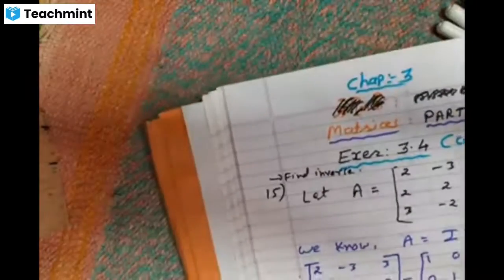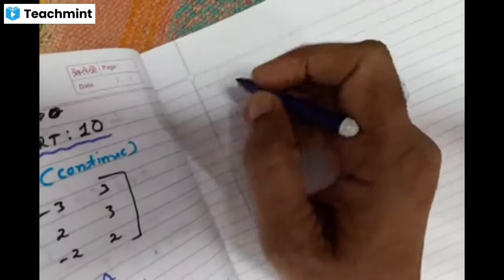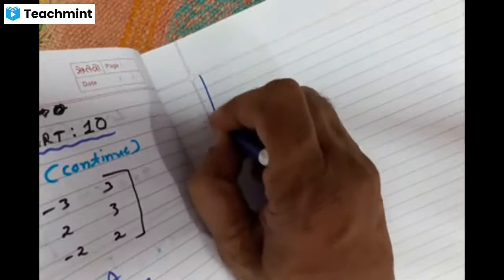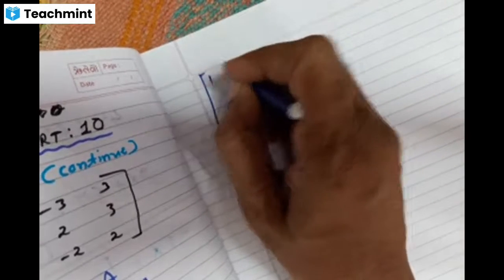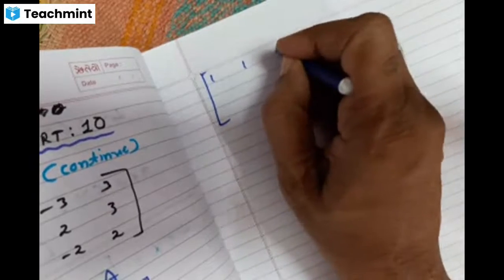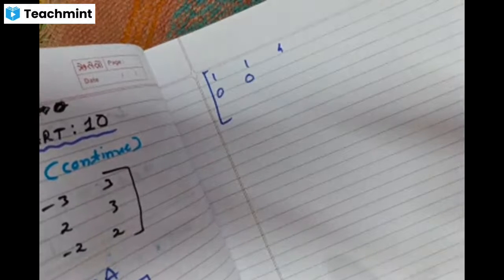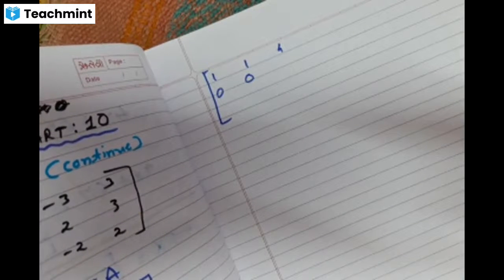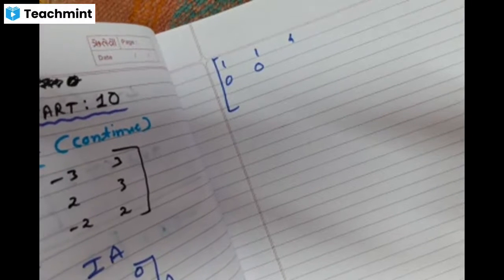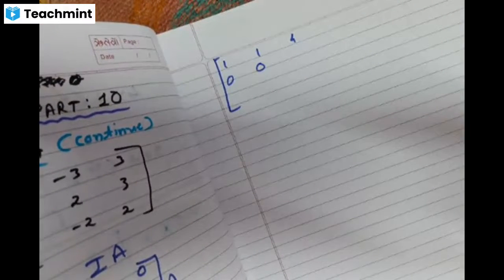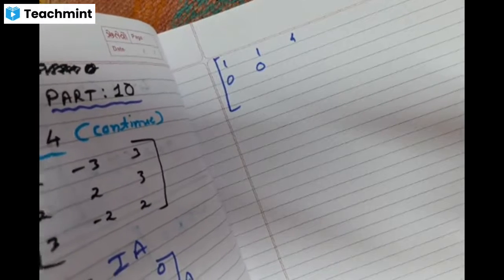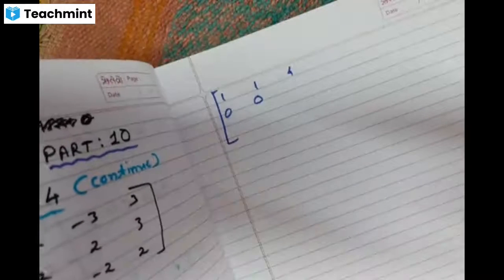Okay, now just see. I'm writing it, keeping this page open because I also have to see that matrix. So see, first row as it is. First row means it is 1, 1 and 4. Now as I told you, these two will become 0. That 2 2 becomes 0. And we are doing R2 minus 2R1. So first row multiplied by 2 and subtracting in the second row, right? So 4 2s are 8. There is element 4. 4 2s are 8 and 3 minus 8 is coming there.